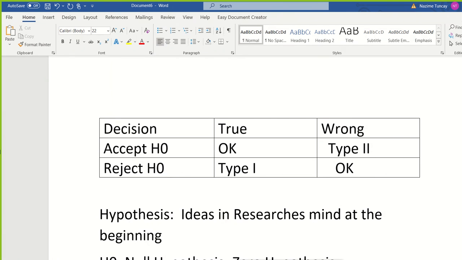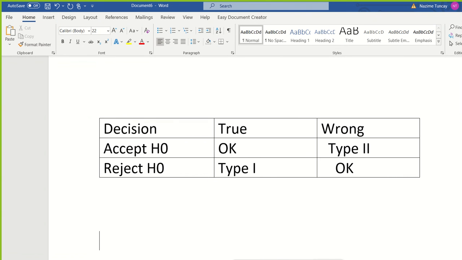We see that, okay, it should accept H0, but it rejects. This is a type 2 error. Or if it should reject H0 and it accepts, this is a type 1 error. So here there may be some errors. We accept H0 when there is